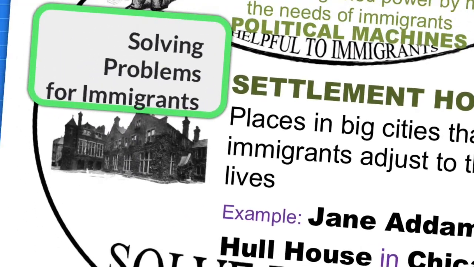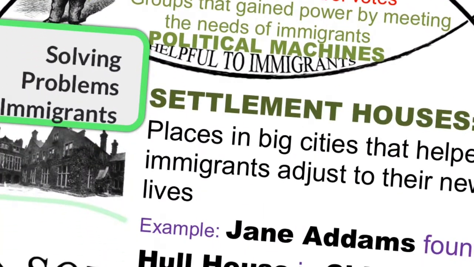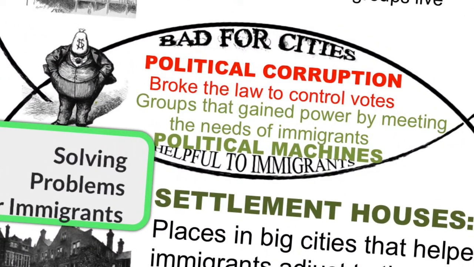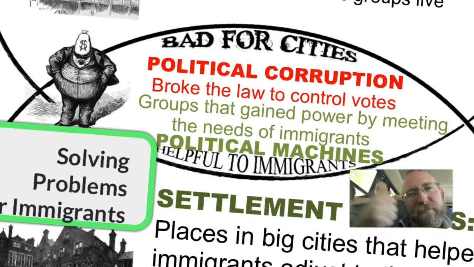So things that are bad for cities: tenements, bad. Ghettos, bad. Poop in the water, bad. Political corruption, bad. But if you're an immigrant, is a political machine useful? It helps you find a job. Settlement houses, good? Good. All right,